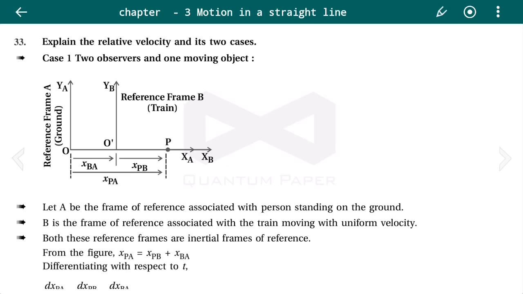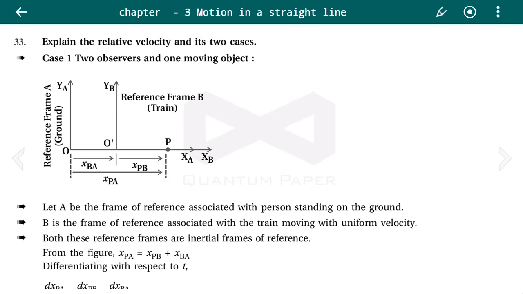Now see, before going into the depth of this topic, let us first see what is velocity. That we have already known, right? Velocity is nothing but change in position with respect to time, or we can say it as displacement upon time taken, that is the velocity, and it is a vector quantity because it has the magnitude as well as the direction, right?